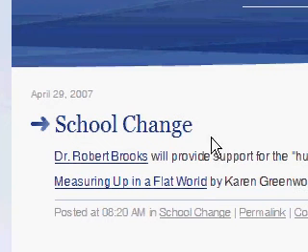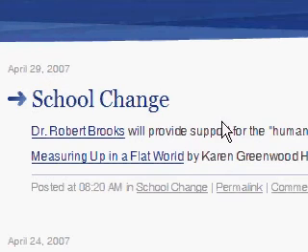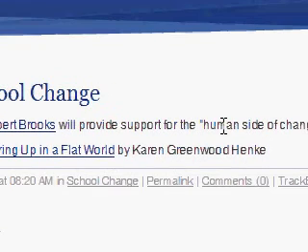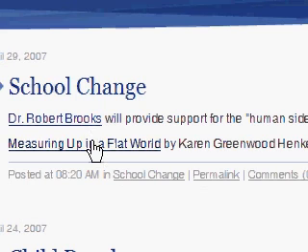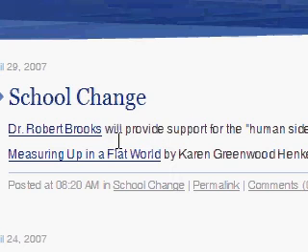The first post is entitled School Change. This post contains a body, which contains information. For instance, the first section of information within the body begins with a link, Dr. Robert Brooks, and continues with text about Dr. Robert Brooks. There's also one about Measuring Up in a Flat World by Karen Greenwood Henke. So this body area is where users will want to click on links to read more about information that relates